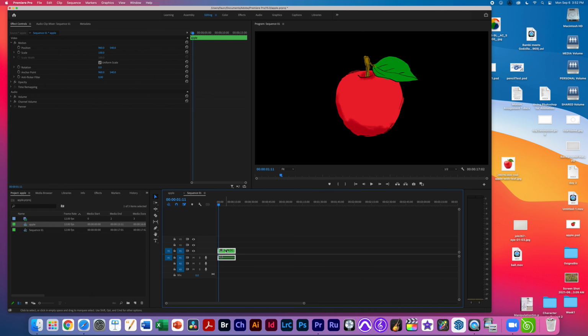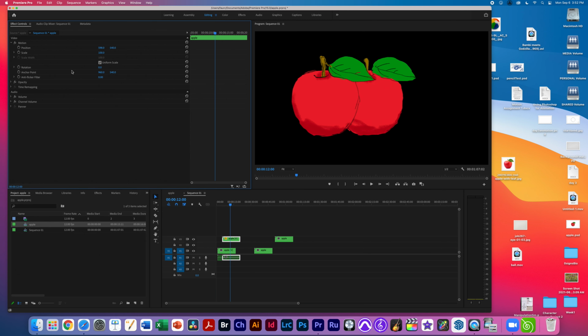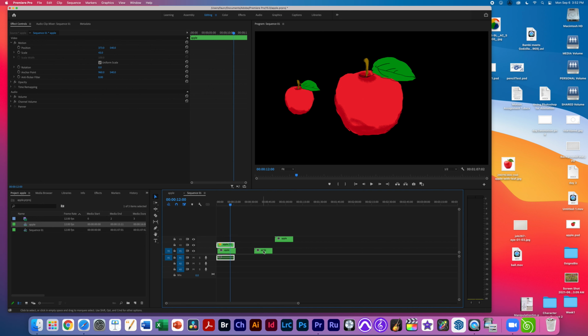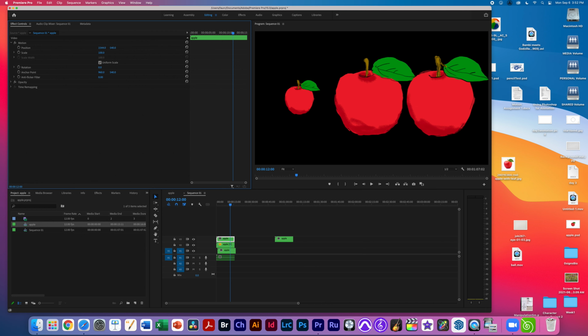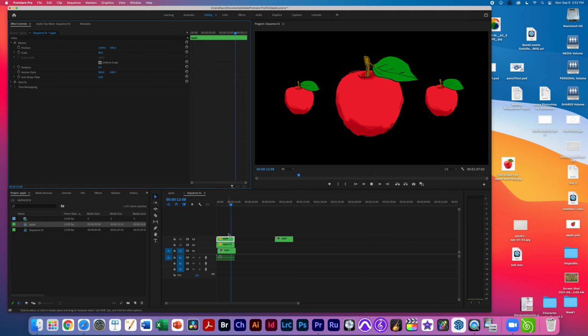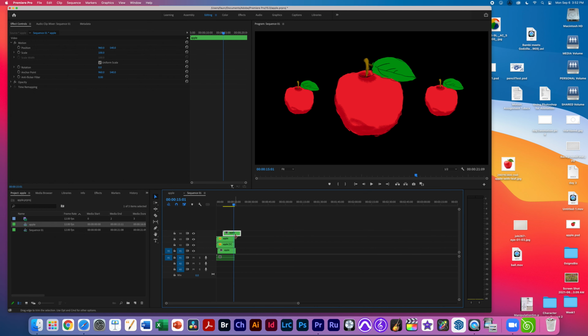And the reason I'm doing that is because now I could then duplicate this if I wanted to. So you can see I can change the location of that duplicate. Like for instance, you can see I could put the apple next to it like this. I could change the scale of that. So I could have 2 apples on at a time. I could have 3 apples on. I could change the position of that one. Change the size, right? And I can even offset things. But you see now that you have a lot of opportunities to work with just this one apple